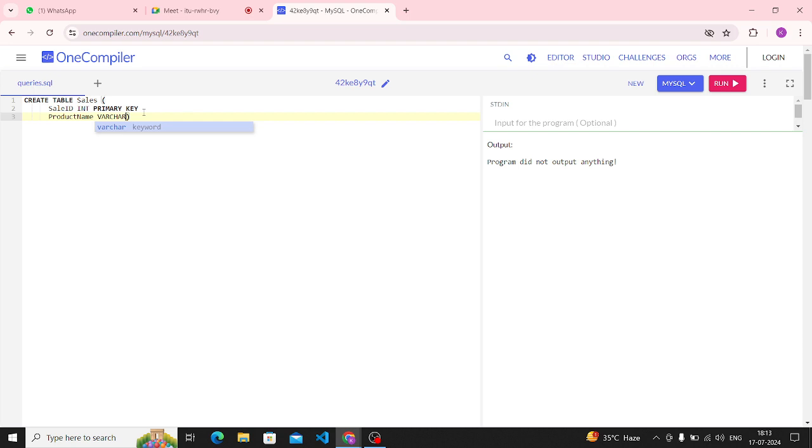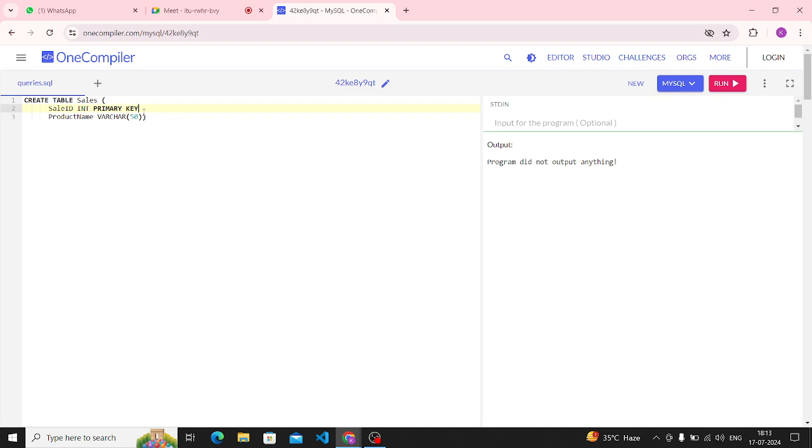Char stores fixed-length strings, and varchar stores up to a maximum length. So we are using varchar here. In the varchar, the length should be 50: the product name should be a maximum of 50 characters. It should not exceed